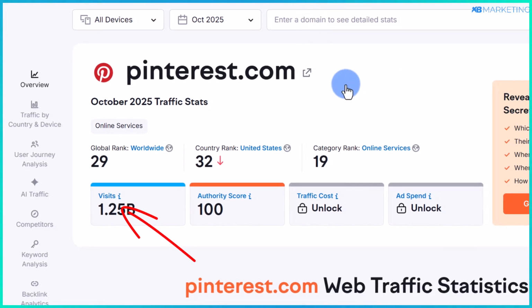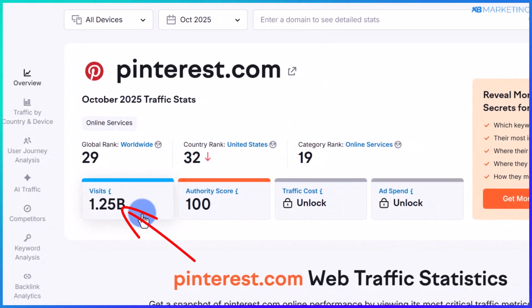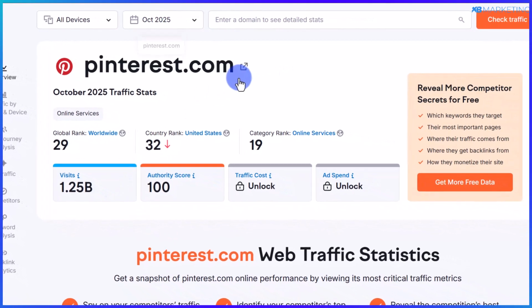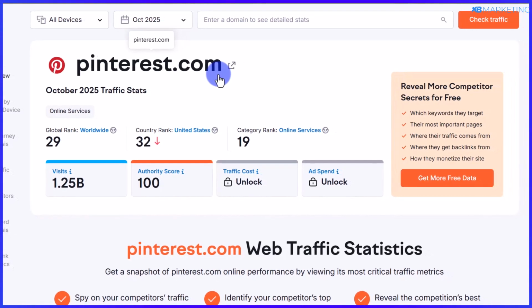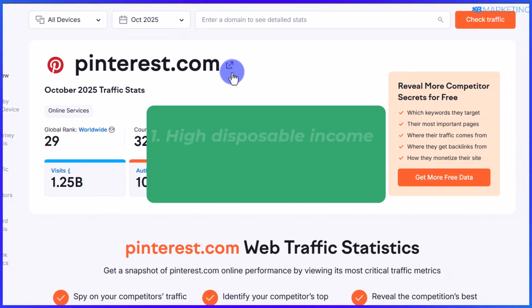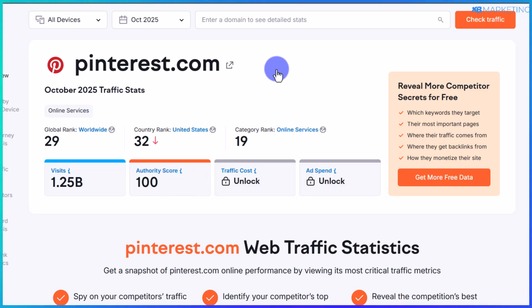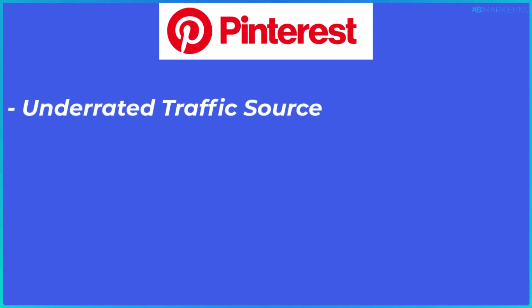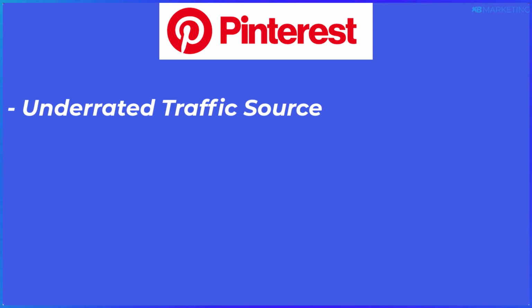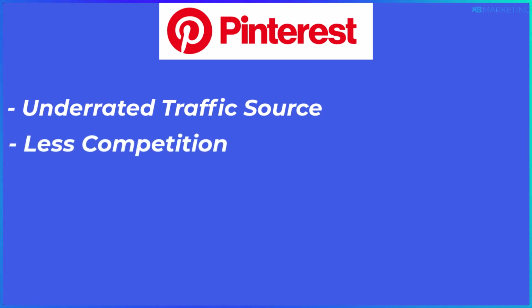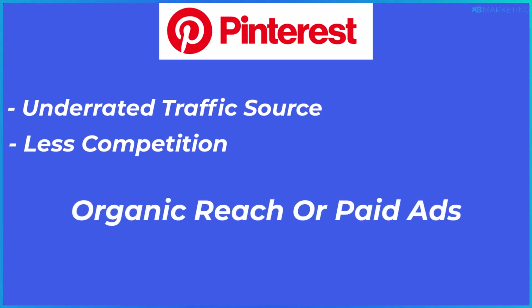With over 1.2 billion monthly visits, Pinterest is undeniably one of the go-to platforms if you wish to expand your business reach online. Not only do Pinterest users have a high disposable income, they are also very much passionate about the platform. You see, Pinterest is still very much underrated by most affiliate marketers, bloggers, and business owners alike, which makes it relatively less competitive and you can easily reach your target market either via organic pins or through paid ads